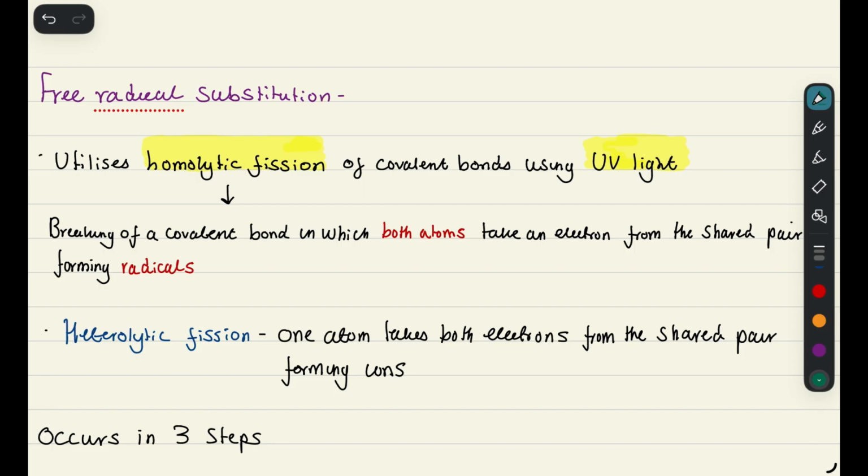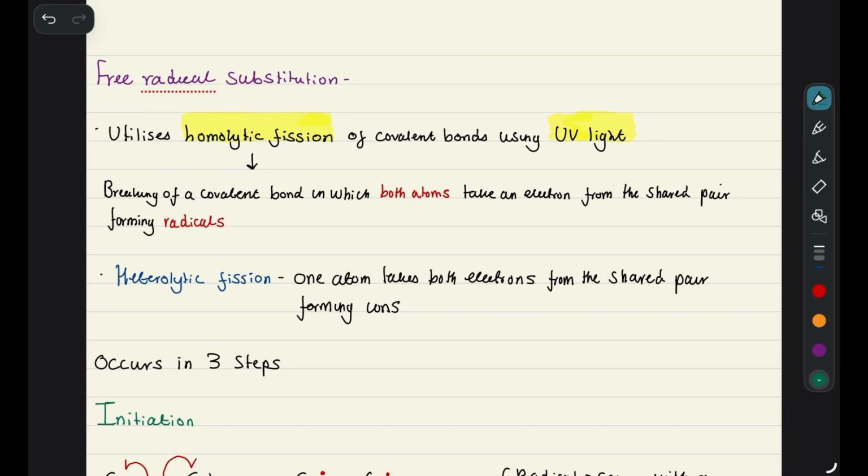Now, homolytic fission we can define. It's the breaking of a covalent bond in which both atoms take an electron from the shared pair, forming radicals. Cool. A radical is a species with an unpaired electron, so an atom or group of atoms with an unpaired electron. That's a radical. Now, both atoms are getting an electron. In heterolytic fission, it's different. This is a different kind where one atom is going to take both electrons from the shared pair and you